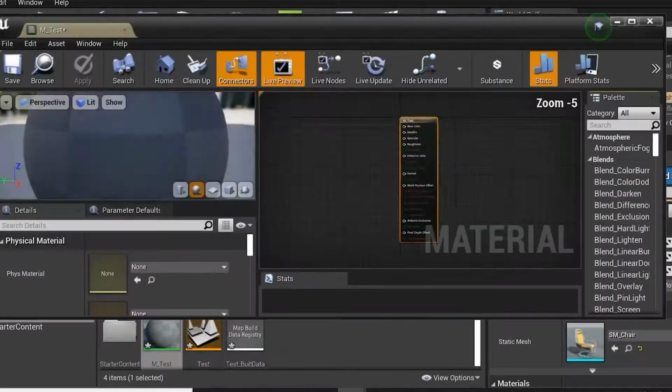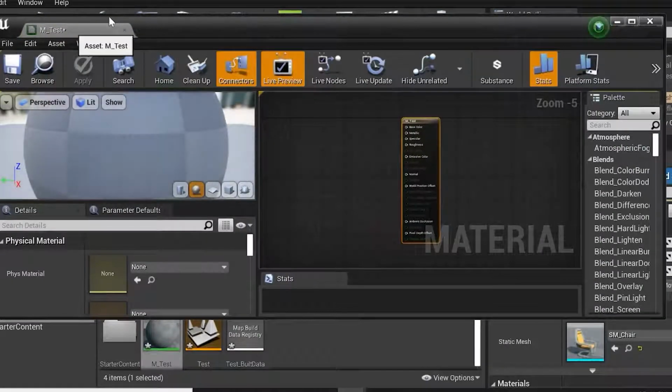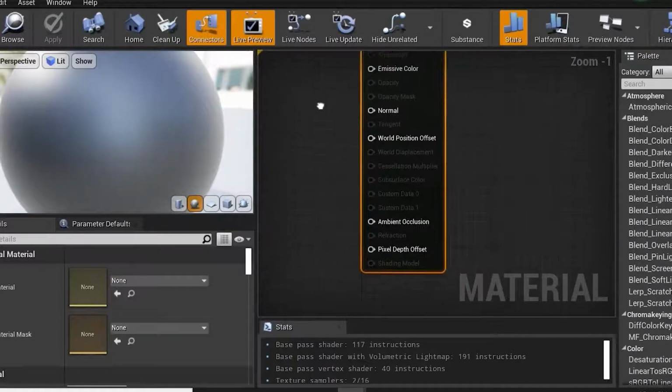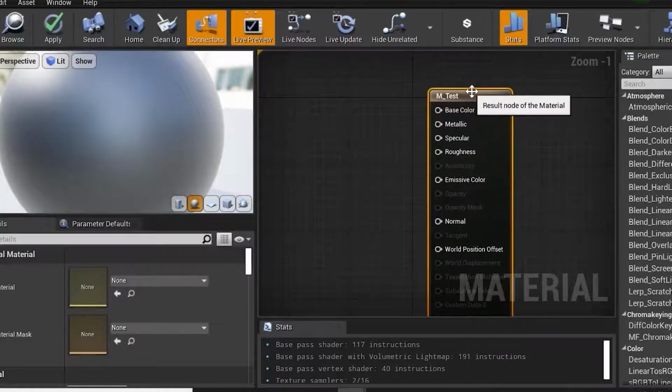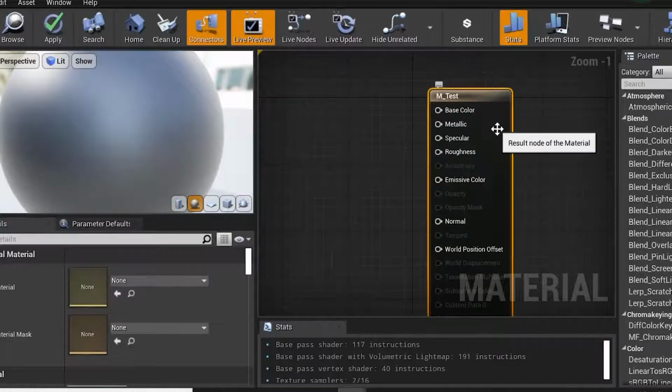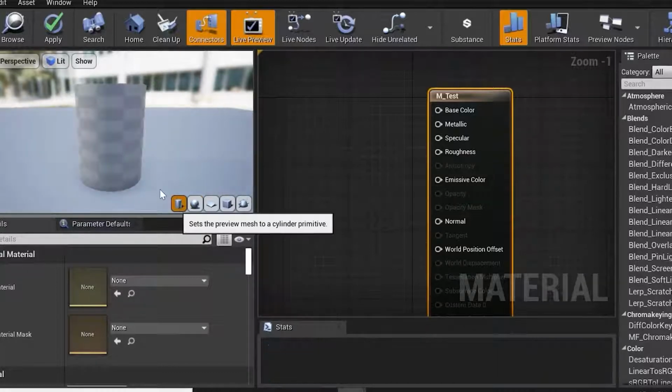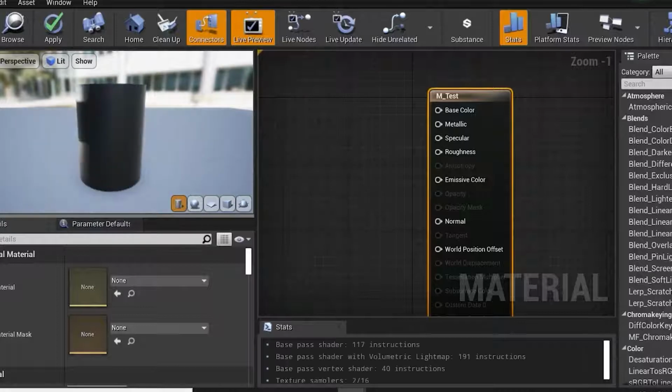If I double click over here, you will see, I'll just drag the scene over here. Now here you will see this again becomes very simple. In Unreal, the material works on a physically based material, right? In real time, if I press L and left click, that way I can change the direction of the light in the default material editor. Press cylinder, my object will become the cylinder. L, so that way I can change my light directions.